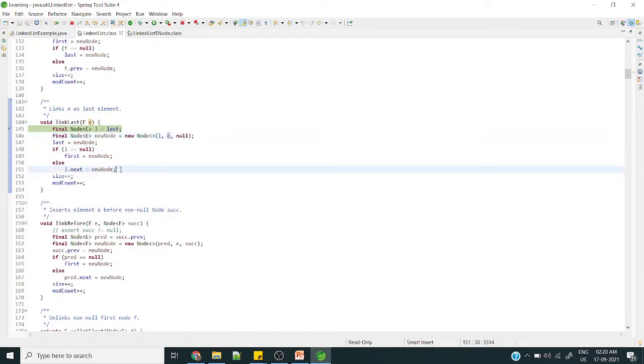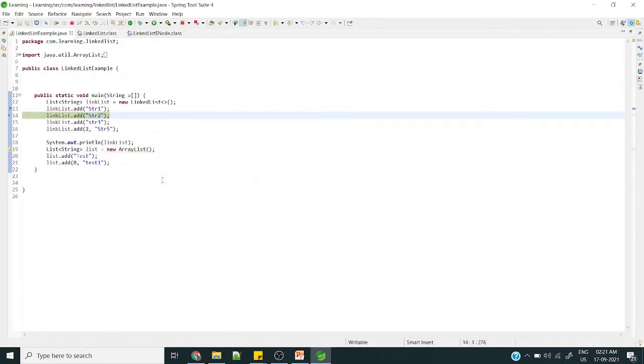You see, we are assigning. The same functionality: it will create a node and assign it to last. Here L is not null, so it will come to the else part. So next is added. Now if you go to this node, I have a previous element, a current element, and after this line I have a next element also. So done. The third element is added in a similar way.